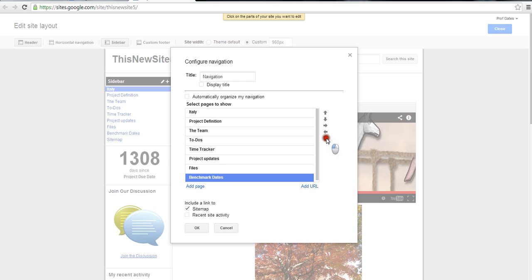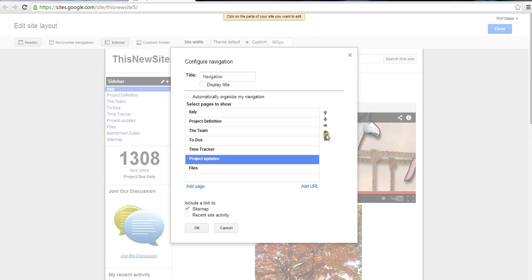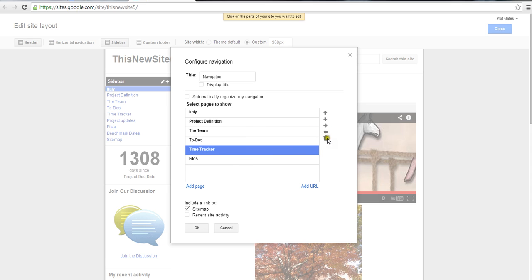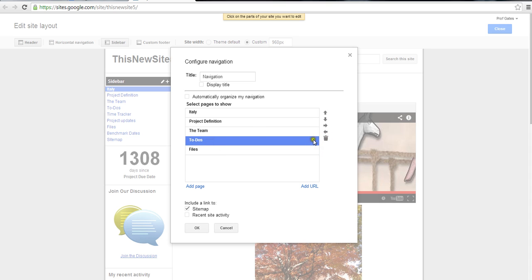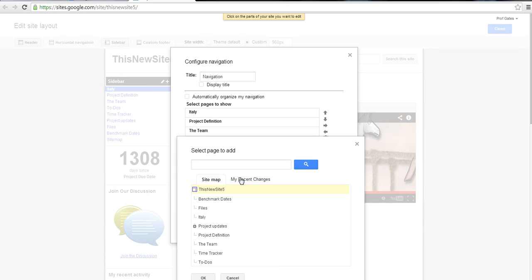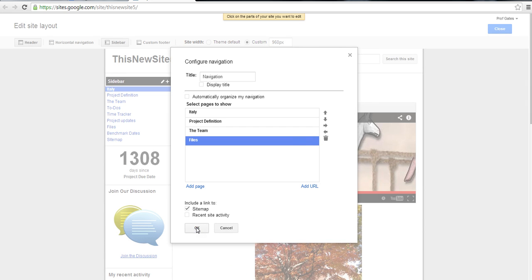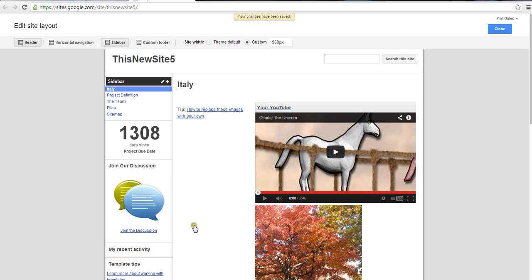But I don't want the benchmark page. I don't want project updates. I don't want the time tracker, so I'm deleting these as I go. I don't want the to-dos list, and so on. I do want to add my own page, though, that I want to create. But when I try to add a page, I realize that I haven't created the page yet, so I can't add it on. So let's go back and figure out, okay, how do I,